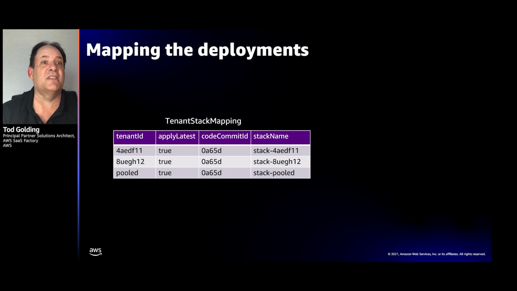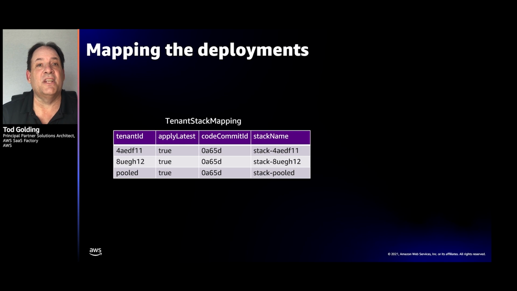This isn't about keeping somebody off the latest version. It's about saying, hey, we're deploying, and let's just deploy to these particular tenants first, and then we'll deploy to the rest. So it's a kind of a clever way we've introduced here just to manage that. And then the rest is just the code commit and the stack names and so on.